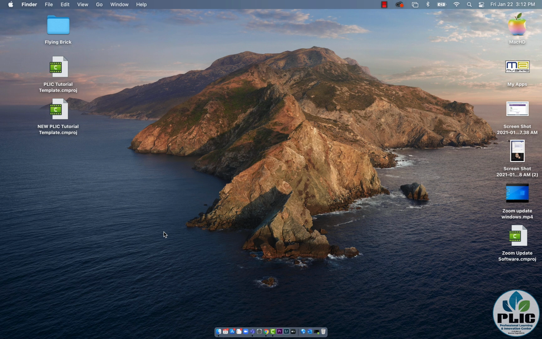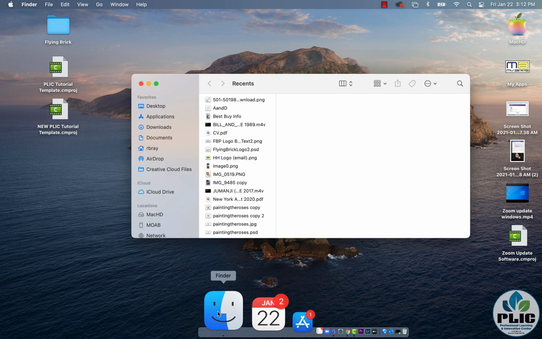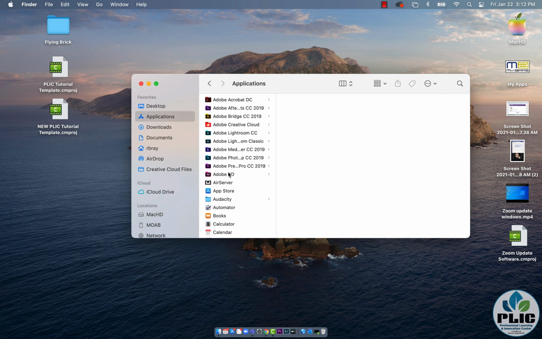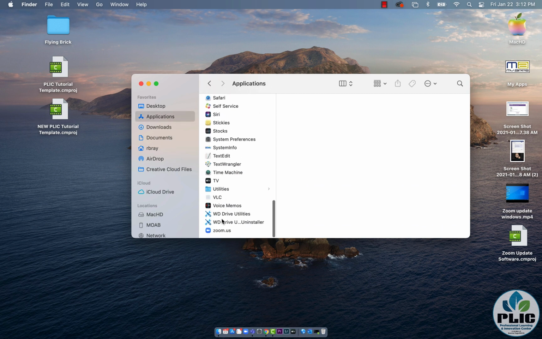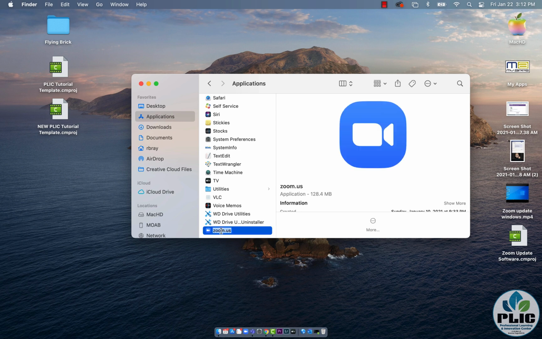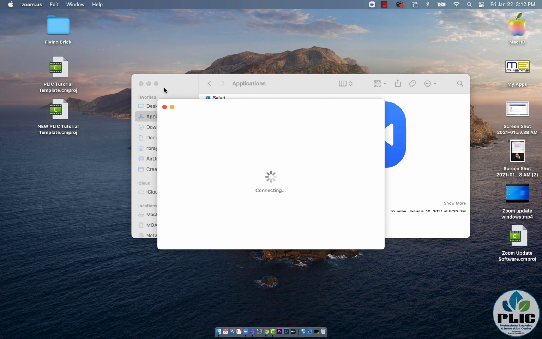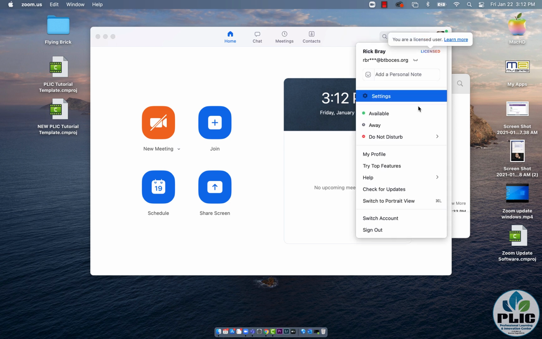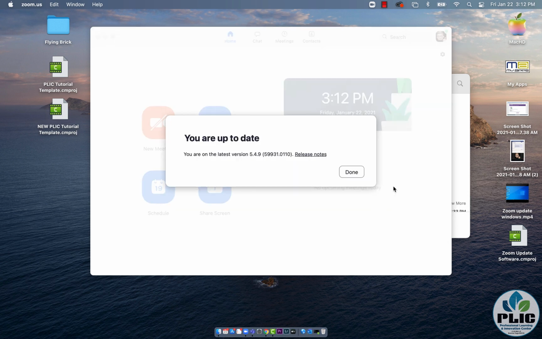So on a Mac, it's going to be really similar to Windows, and it all starts by launching the Zoom software from Finder. It may be in your dock already, but I'm going to go into my applications, go down until I find Zoom, and then just double click to launch. Not to rename it, but to launch. There we go. And I'm going to sign in if necessary, just like we saw in Windows. And same idea. I'm going to click on the icon, go down to check for updates,